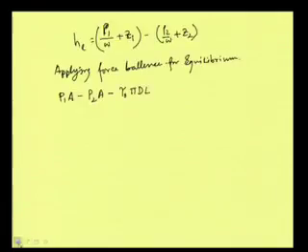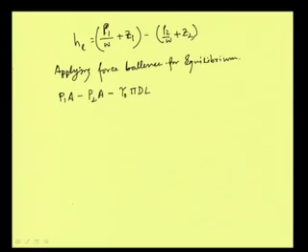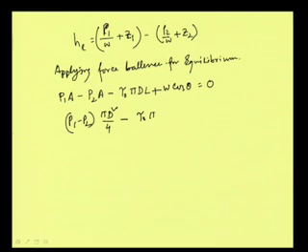And then of course, another force is the W cos theta, which is acting in the downstream direction. So, this W cos theta will have to be added. So, plus W cos theta is equal to 0. Just rewriting this part, we can write P1 minus P2 into pi d square by 4 minus tau 0 pi d L plus